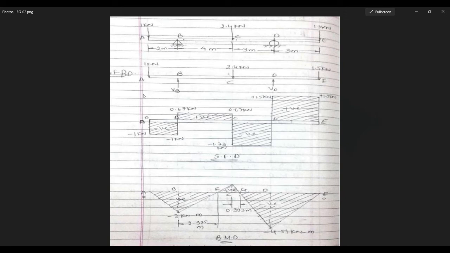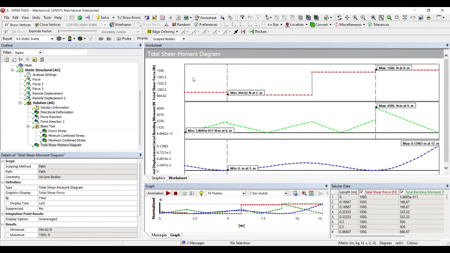And at this point, we saw at 2 meter, the value was 0.99. By theoretical method, I am getting 0.67. By using ANSYS method, I am getting the value as 0.944 kilonewton at 2 meter. So this is close and correct. I have already justified in the previous video also that here in ANSYS, the sign conventions could be different. Hence, you are seeing all positive values here. Also, there is nothing like a baseline that you can see. So, all the values have been plotted above the baseline directly.